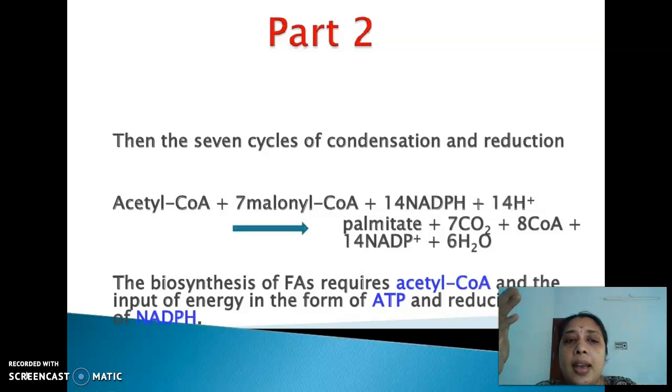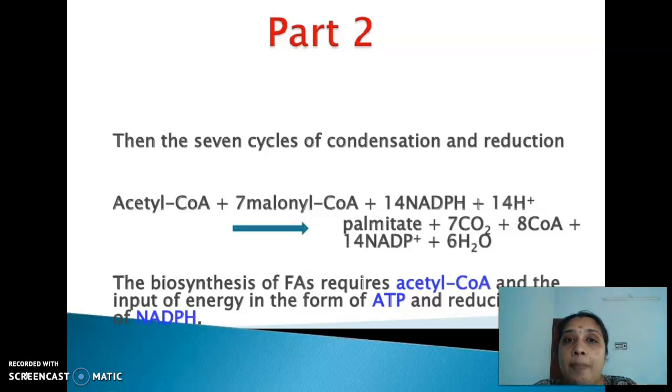So in order to make the reaction a favorable one, the acetyl-CoA molecule will be shifted to a higher level, which is known as malonyl-CoA, and it is carried out by simply the carboxylation. That is, we are adding one more carbon atom to it in the form of carbon dioxide or carboxyl group, so that the next higher member of acetyl-CoA is malonyl-CoA. So one of the acetyl-CoA molecules will be undergoing a carboxylation reaction, which is again an energy dependent reaction carried out by one of the most important multi-enzyme systems, which is known as acetyl-CoA carboxylase,